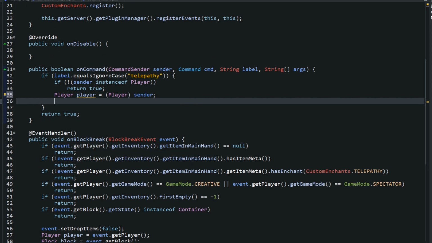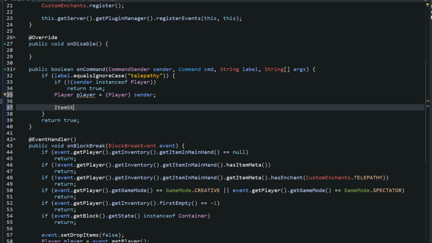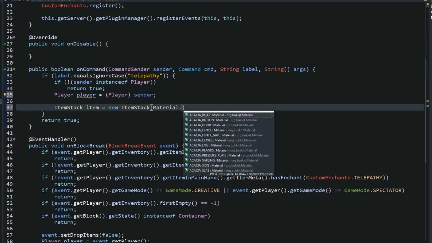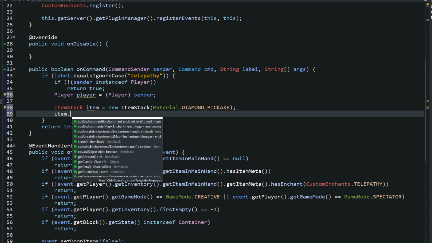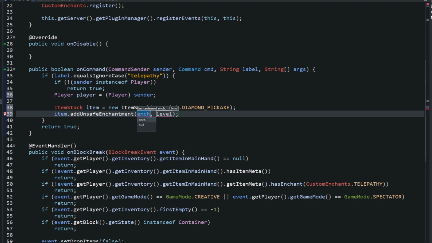And then we need to create that item. So the item is an ItemStack. Item equals a new ItemStack, Material.DIAMOND_PICKAXE. So once we have this item right here, the diamond pickaxe, we can do item.addUnsafeEnchantment. Our enchantment is classified as an unsafe enchantment by Spigot because we coded it, of course. We're unsafe. So we want to add that unsafe Telepathy. The level that we want to add is 1,